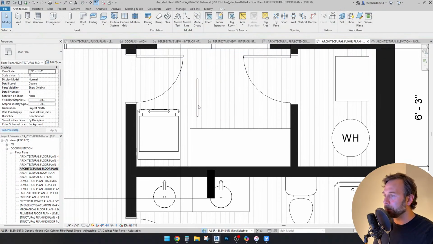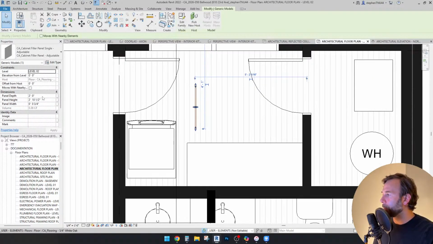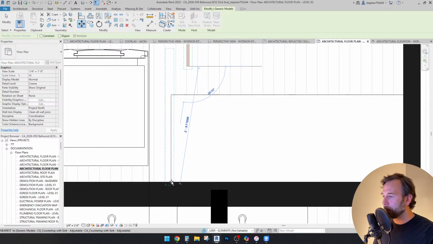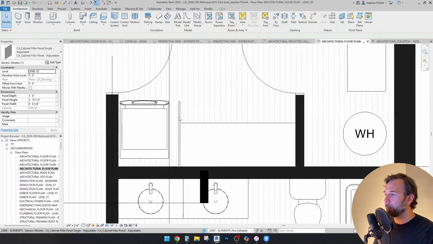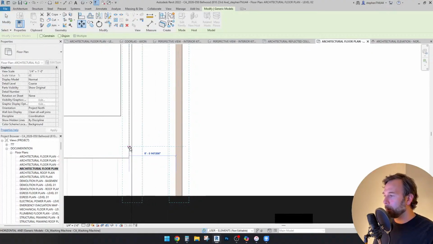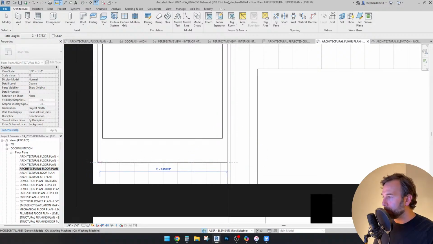Yes, place it down. We'll put this at 3 feet. Three feet is good for